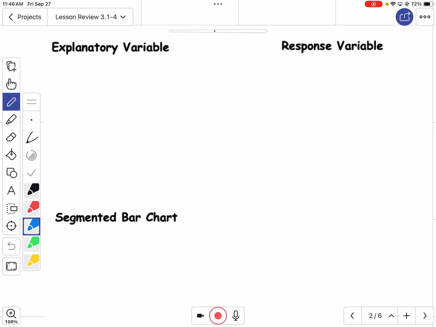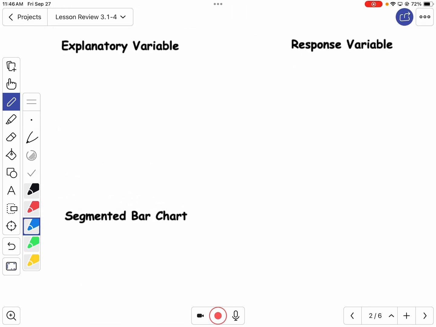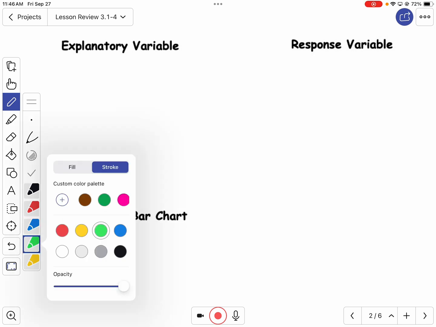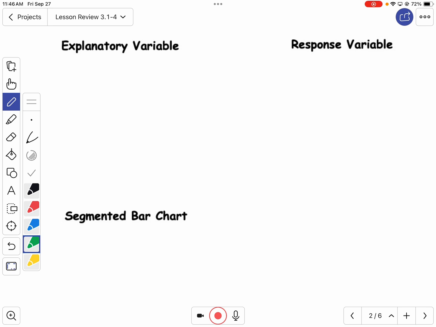So one of the first things that we talked about was the explanatory versus the response variable. Remember the explanatory variable, it's like explains, all right? It explains or predicts